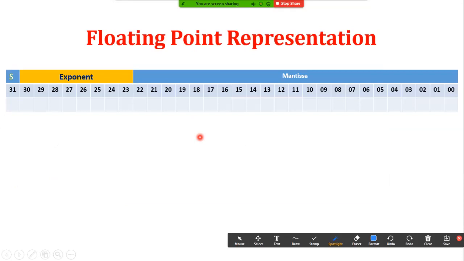Next question: how to get the floating point representation of any number. In the previous program also we saw how to convert. In the same way, here I'll take one more example and explain. For floating point representation, you should have a sign bit, exponent as well as mantissa. I'll take an example of plus 6.25. To convert 6.25, first you need to convert it into binary. And how to convert this?